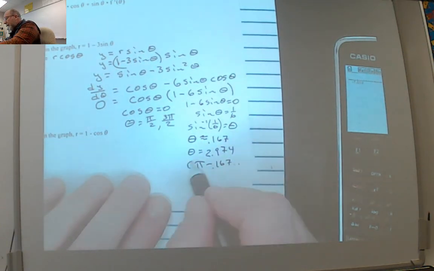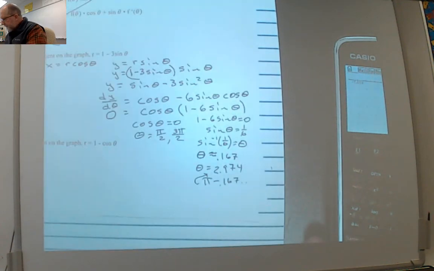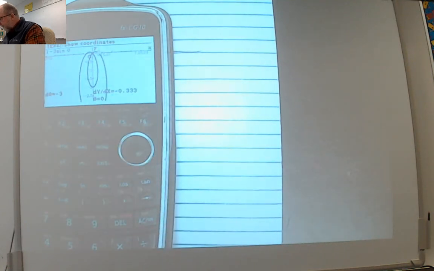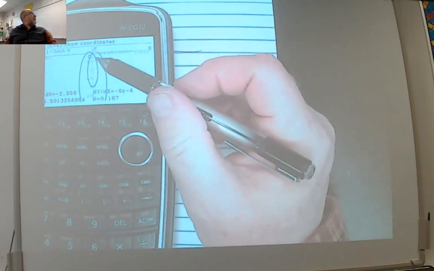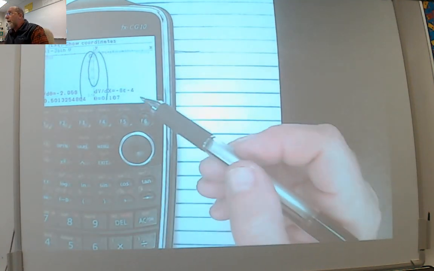And so now I'm going to trace this, and I'm going to put in 0.167. There I am right there. You can see I'm not at 0, but I'm at a really small number, aren't I? That's because